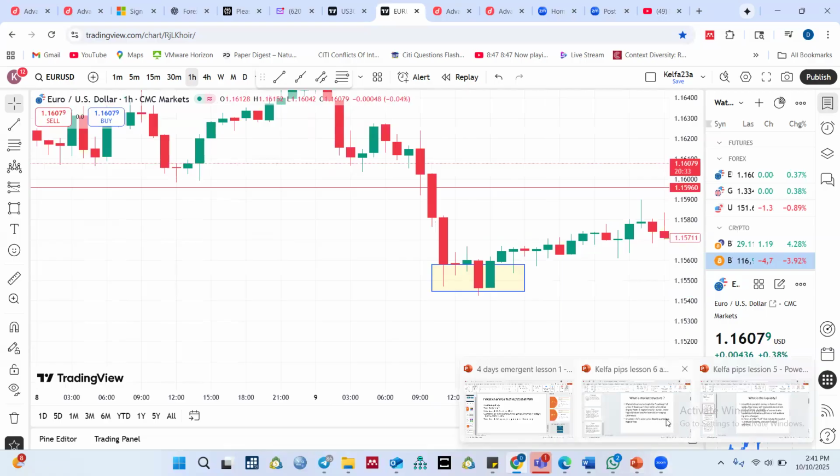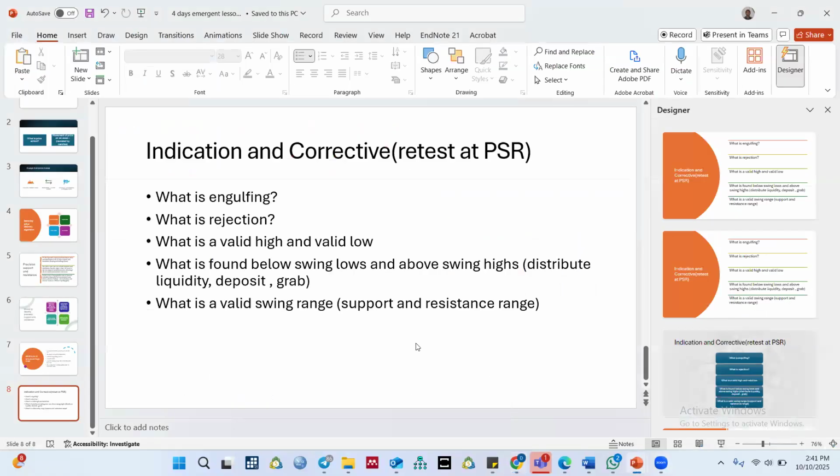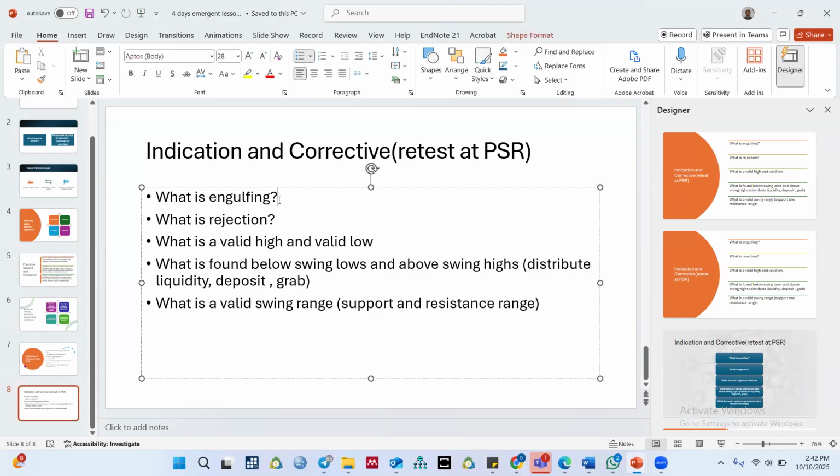Please, when you say rejection, is it like a flip? Is it like it flips from maybe red to green or something? Yeah, it depends on the time frame you are using. A 15 minute candle can reject from a red candle and then move up and close as a green candle. But what we want to see is it hit a particular place and then it